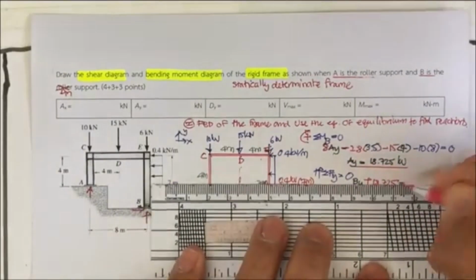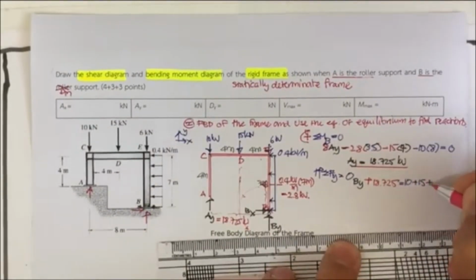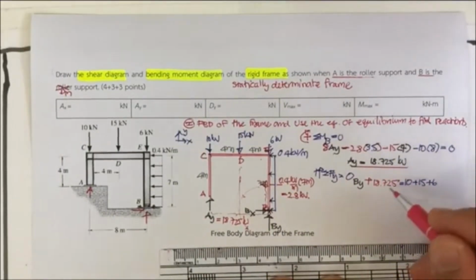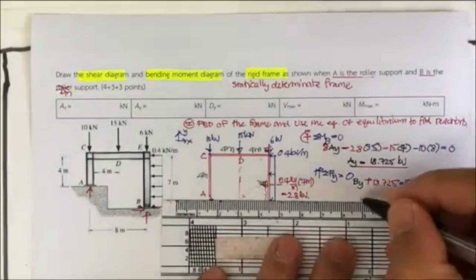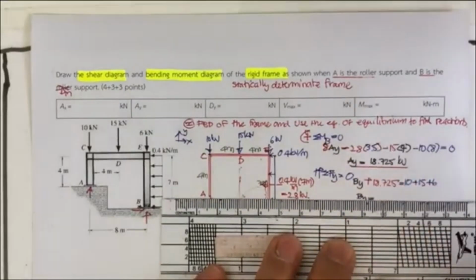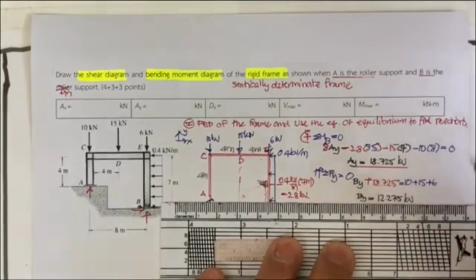We may put this equal to 10 plus 15 plus 6, that is going to be 31. And then 31 minus 18.725, you get the B sub Y of